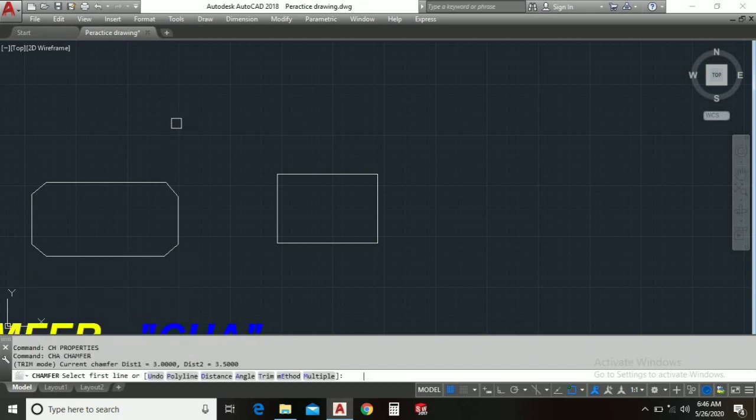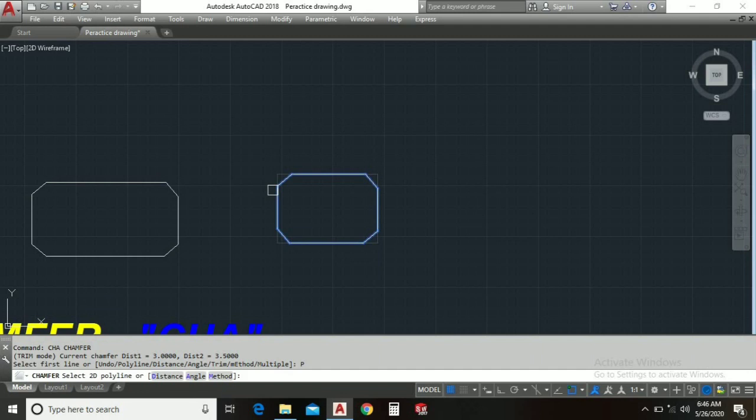CHA, then enter. There is one option of polyline. I just click here. Now if I click here, all the same distance would work here, or if I want to change the distance, I can by entering here. There is one more feature of angle.